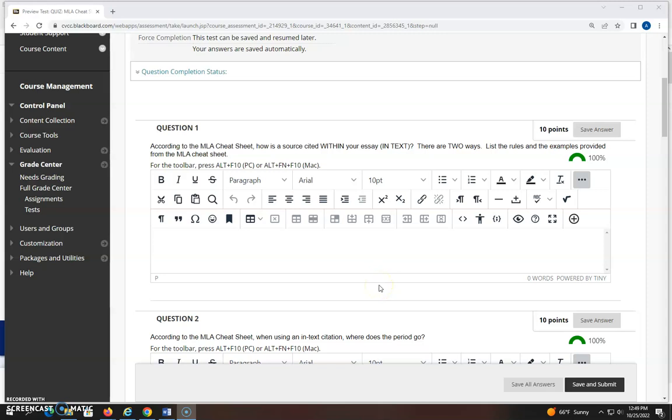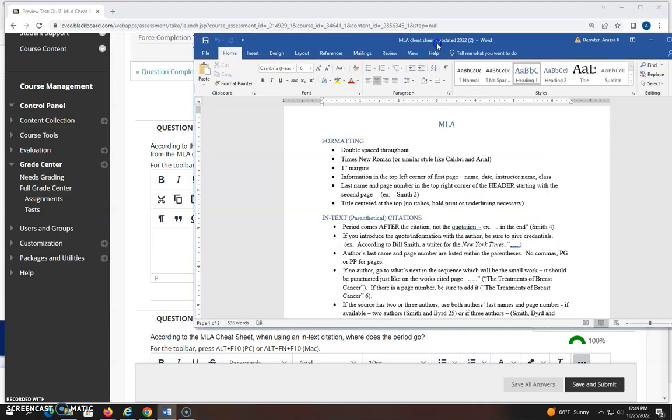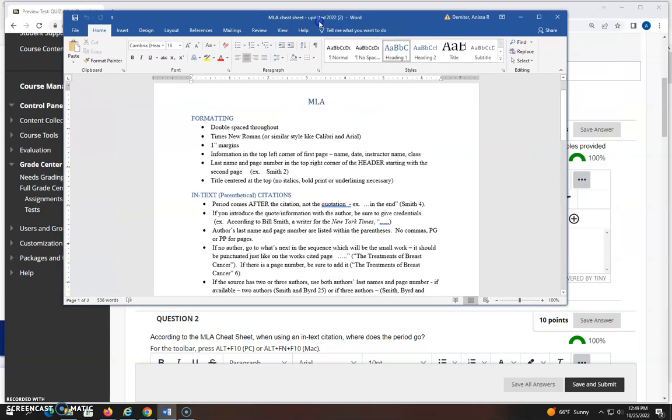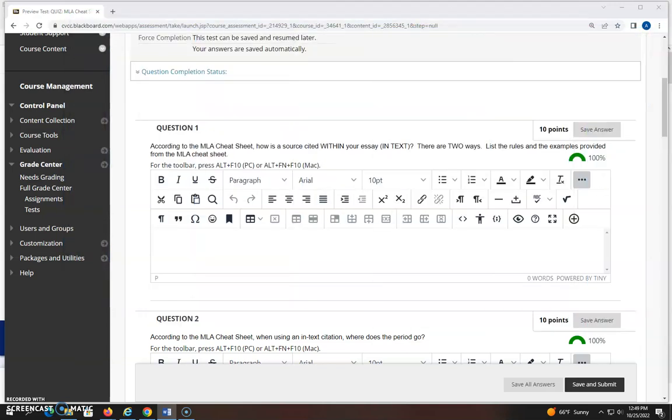Hey everyone, I wanted to go over the MLA cheat sheet quiz. Let me move this over. Here is the cheat sheet that you have in Blackboard. Okay, I'm going to move it out of the way and over to my other screen so we can look